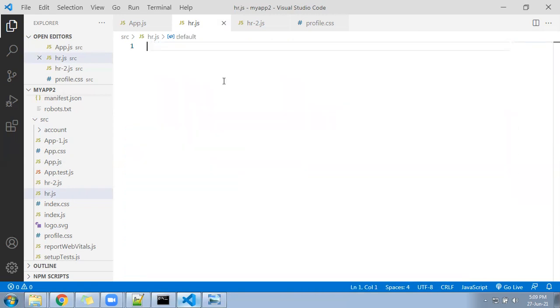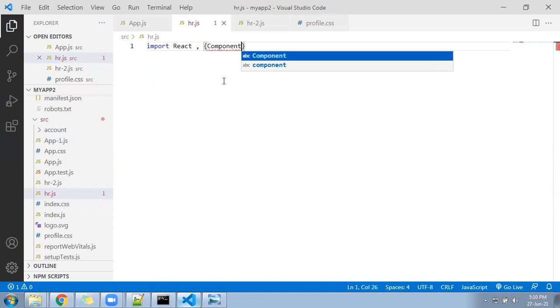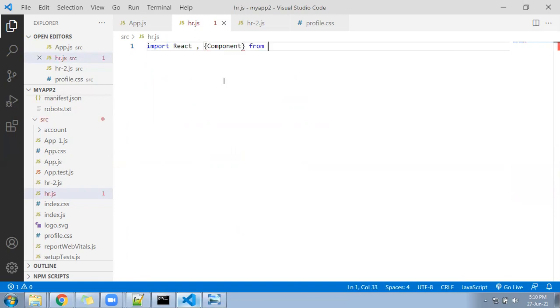Okay. So as this is a class component, I need to import in the beginning, import React, comma, Component, and after that from React. After this, since I need to implement the routing here, I have to import Link, because we are going to use internal links.